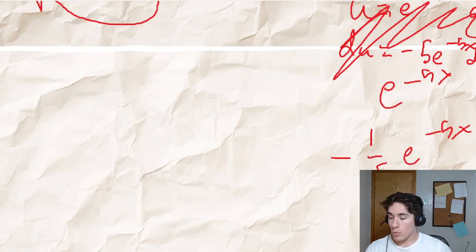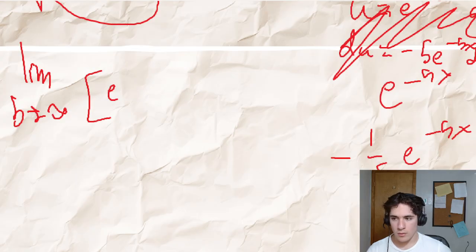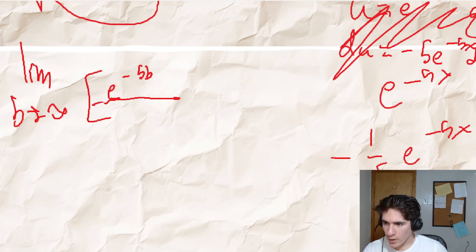So, resetting up, the limit as b approaches infinity of e to the power of minus 5b over, wait, no, minus over 5 minus